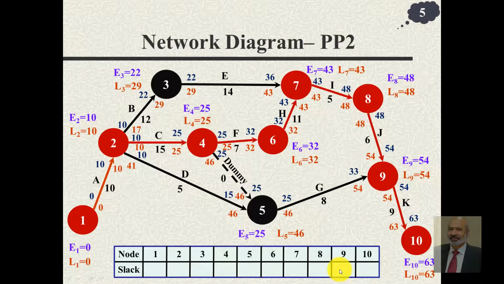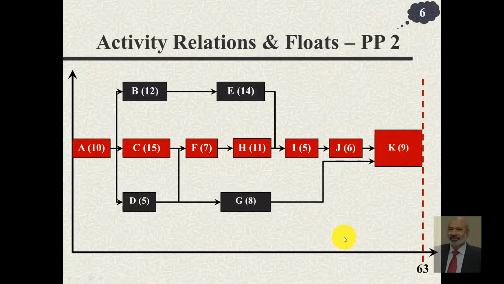This is the network diagram of the second problem, practice problem number 2, that we discussed during our previous lecture. And once again, we already have all the earliest start, earliest finish, latest start, latest finish times of the activities, and the earliest and latest times of all the events. And we also have the slacks of each node. Using this information, we can find the total, free and independent float, and let us now put those floats on various paths that this project can have.